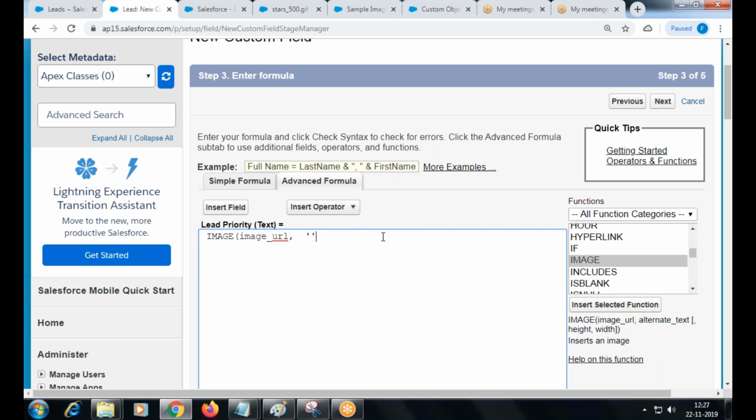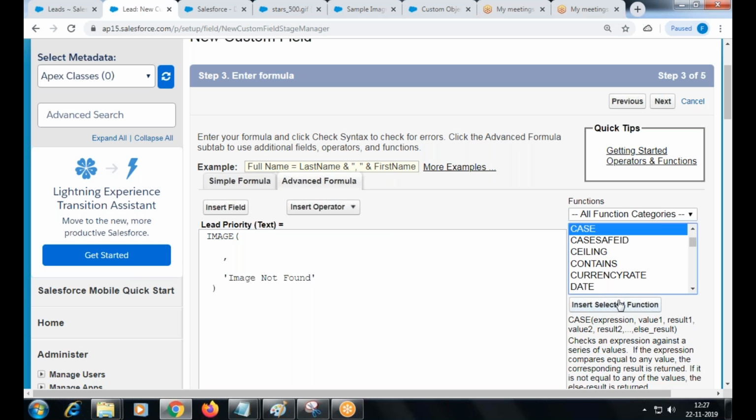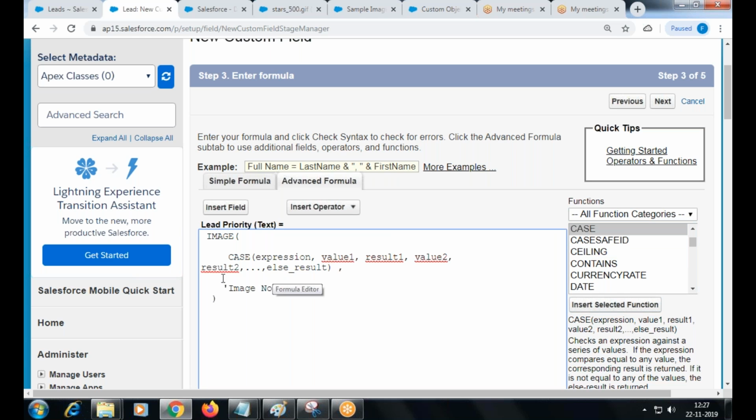Image not found. Am I right? Image not found. Right, so this is my function, and instead of URL, we are going to use case. Am I right? So case is going to have an expression value.